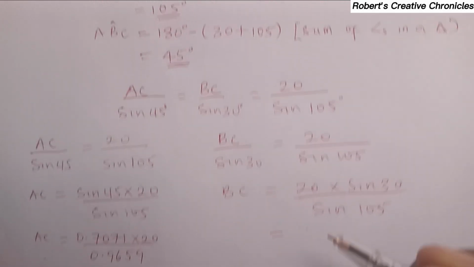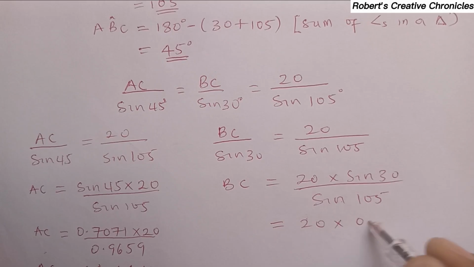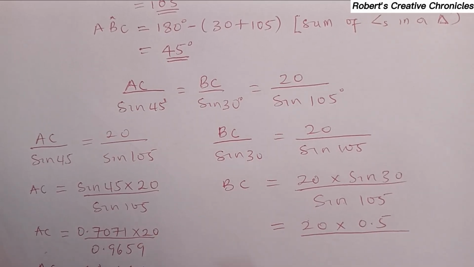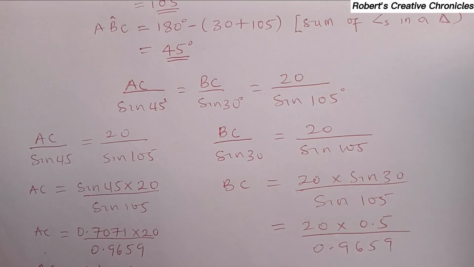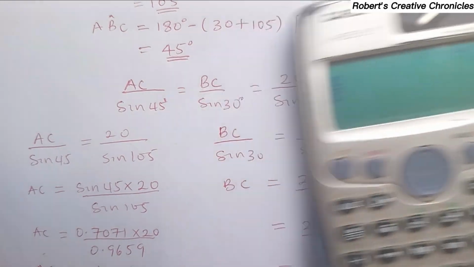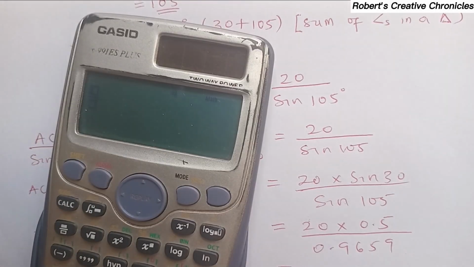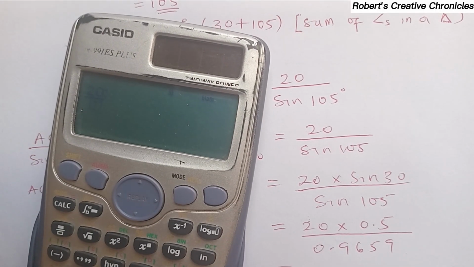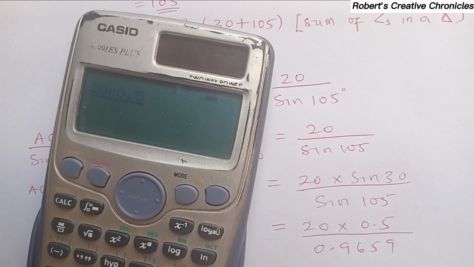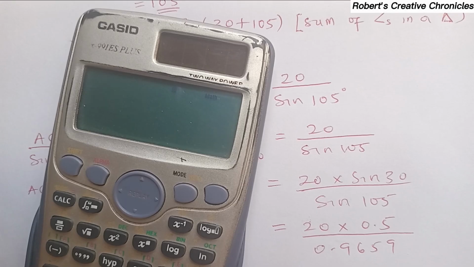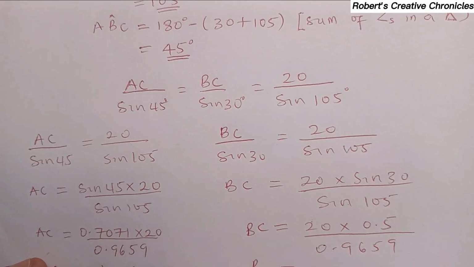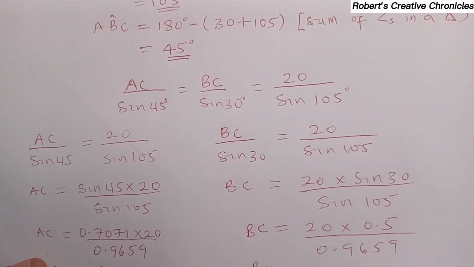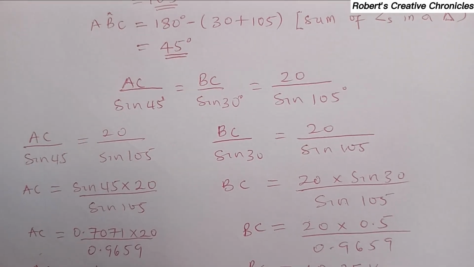So we know that sine 30 is 0.5, sine 105 is 0.9659. So 20 times 0.5 over 0.9659 is 10.35 approximately. So BC is equal to 10.35 kilometers